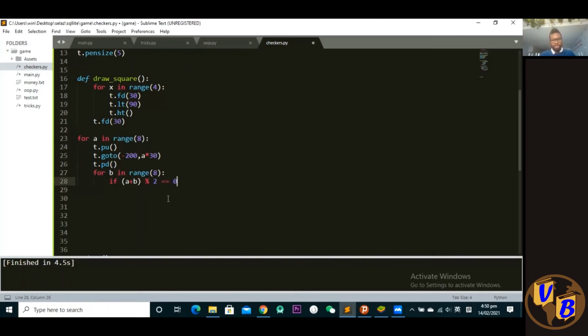Okay, so here we say if A plus B modulo 2 equals 0, what should we do? What do we want to do? Each time we have an even number, what should we do? We